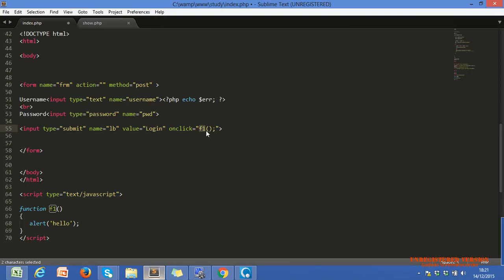On which event? On click event. On click event, I'm calling a JavaScript function, a simple code. Whenever the button is clicked, this function will be called, and the code inside this function will execute.